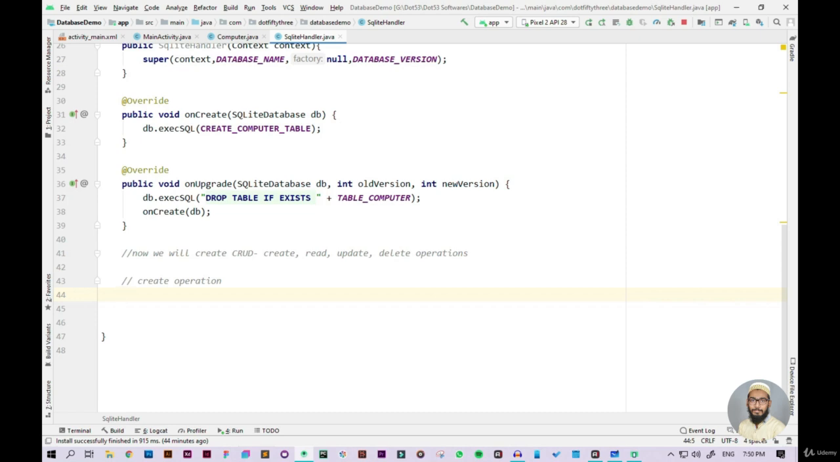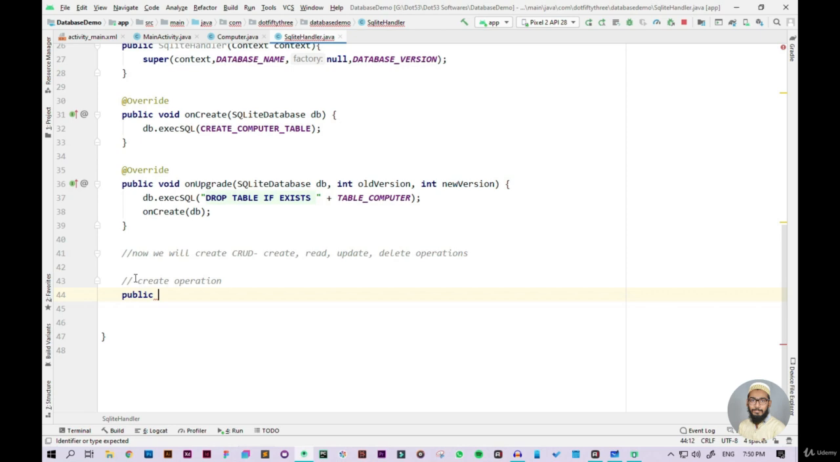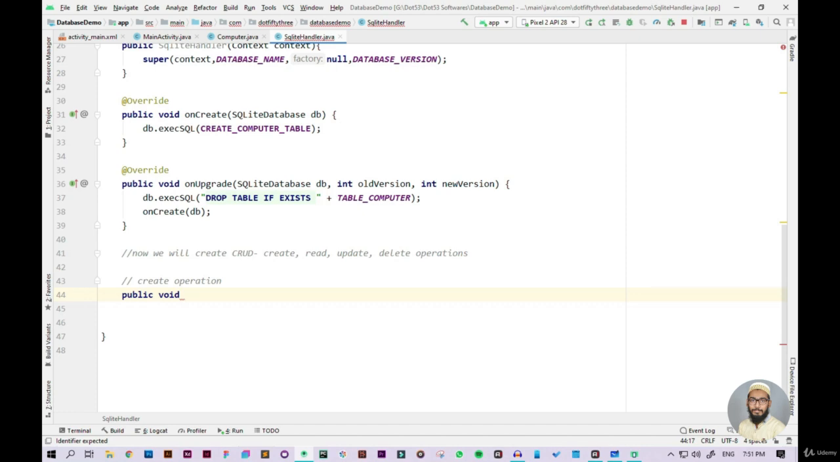So let's just create a method which will help us to add a new value inside our database. So I will call this method add computer. So let me type it out. public, and the return type of this method will be void, as I don't want to return anything. And then add computer,